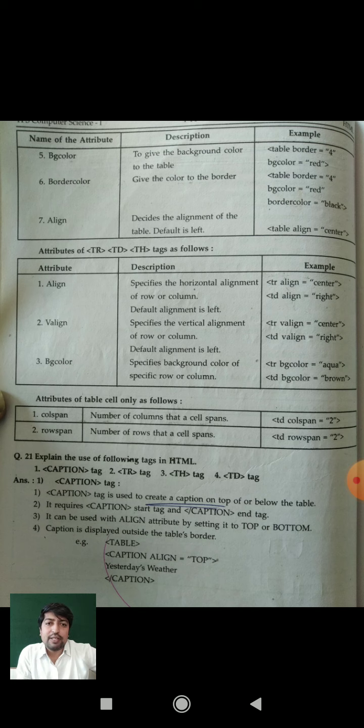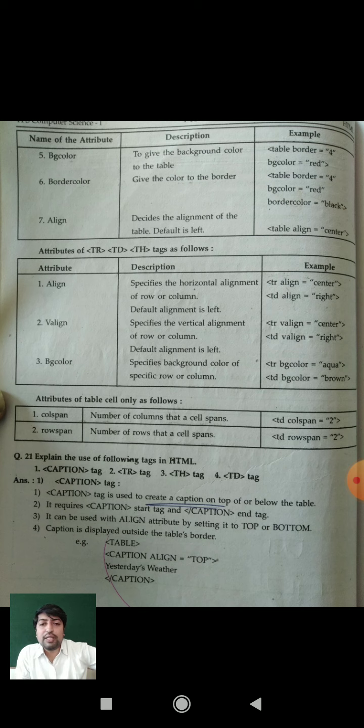In the example, we can see tr align equal to center, which means the text available inside the tr will be aligned at the center. td align equal to right means the text available inside the table data, or the different columns, will be aligned at the right side, or center, whatever you want you can give there. The different alignments are available, you already know about alignment, so you can give any alignment to your table or part of the table. We will see the next attribute.